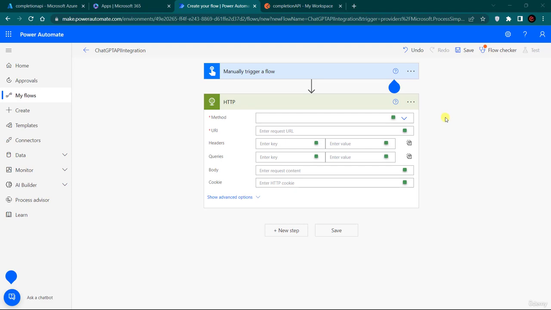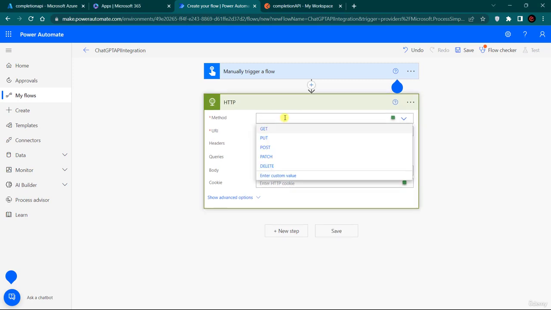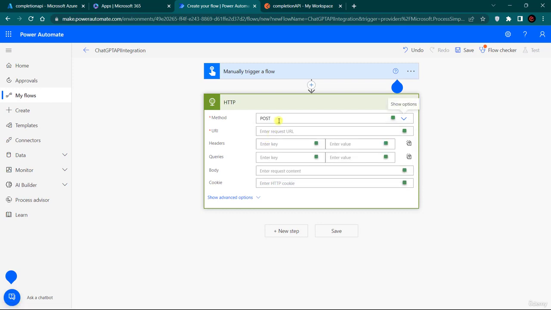All right. Now let's see how to use Power Automate to make an HTTP request to the API that we created. The first thing is the method we need to give here. We want to post a request this time, because with Power Automate, in order to transfer the parameters, you need to post the request. So I'm going to select the method as POST, and then it will ask you to enter the